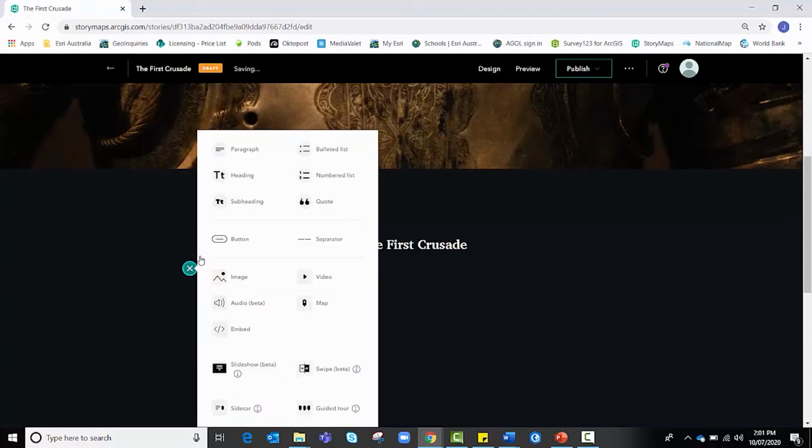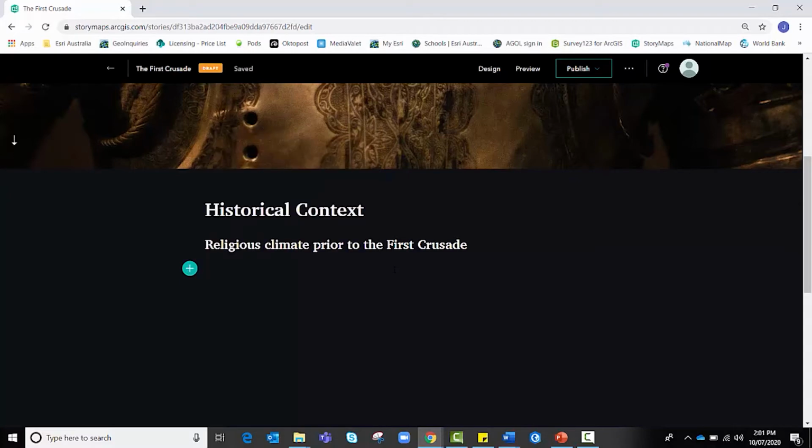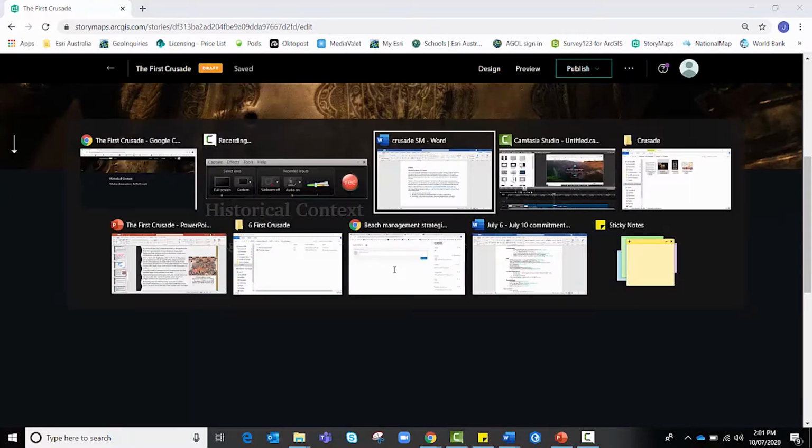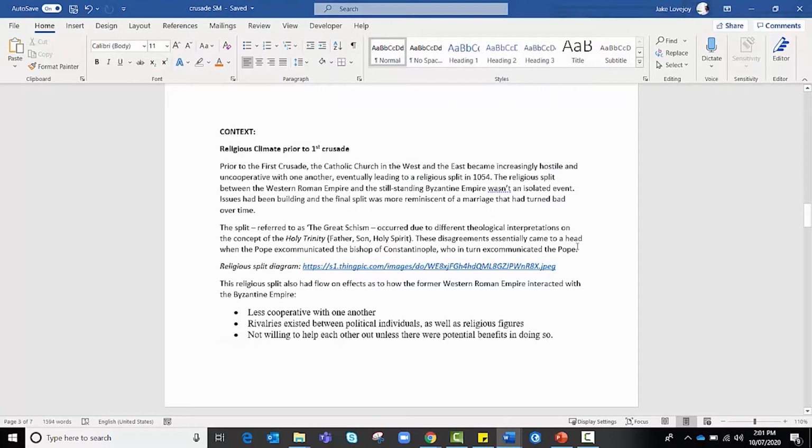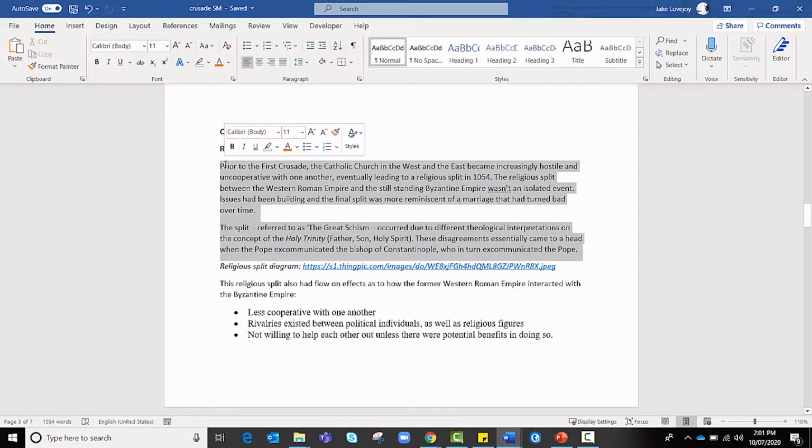Now you can continue to press the plus icon to introduce paragraphs or dot points, etc. Otherwise it's fairly intuitive, and if you just started typing away as if you were in a Word document, then it would follow suit. Now I've pre-prepared some text, so I'm going to copy and paste this text in,